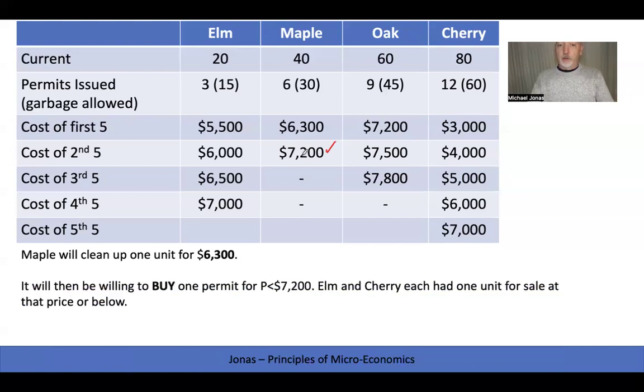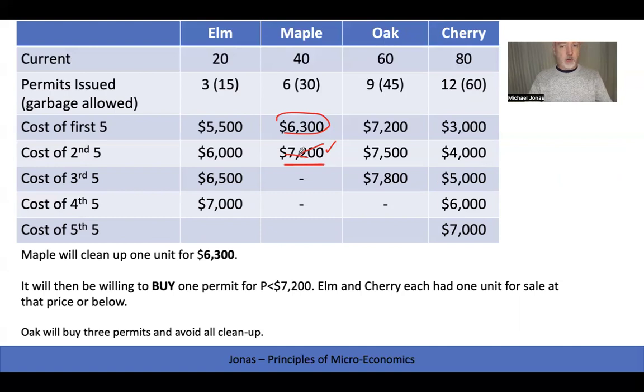And it's going to buy a permit for any price less than 7,200. And we have a variety on sale, right, coming from Elm and Cherry. So it's only going to clean up that 1 extra unit. It's going to clean up this guy, but it's going to avoid cleaning up that one. So that was the 10th unit cleaned up. We are now in 25% reduction compliance. All the permits, right, are in the hands of the higher cost units, and the firms doing the cleanup are